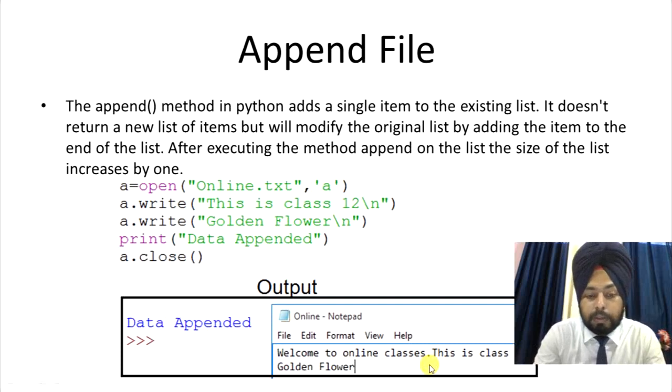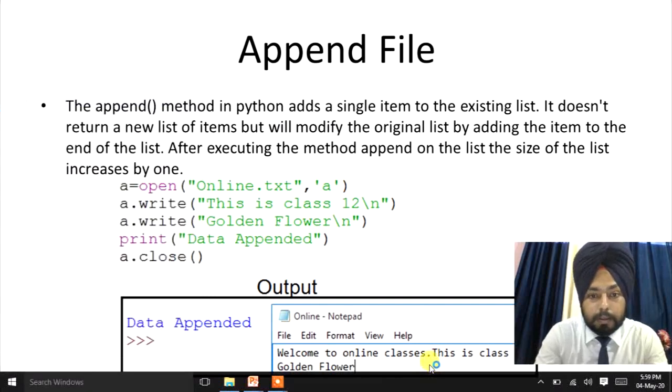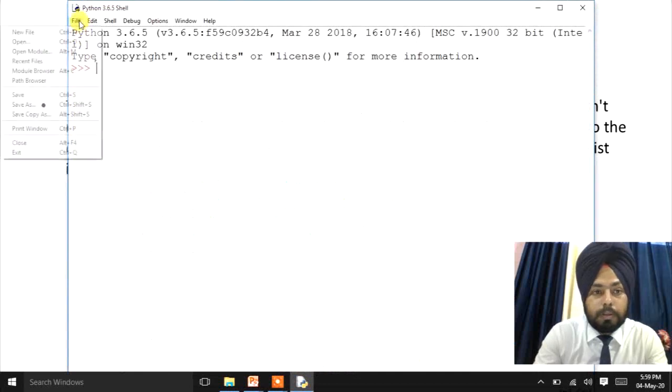First of all, we'll create a text file, or directly we can run the program. For that, we'll go to IDLE. Now, new.